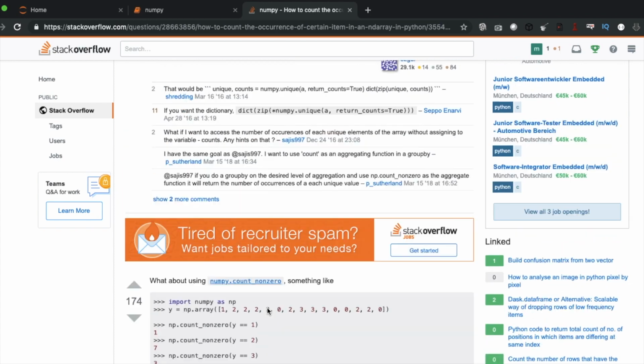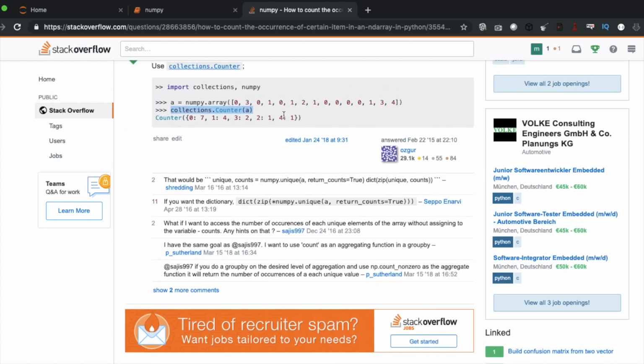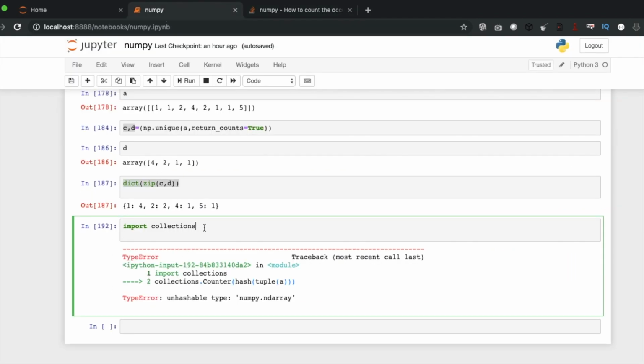There are many ways of doing this, but this is the right solution. Someone else also posted on Stack Overflow, but this is not working.